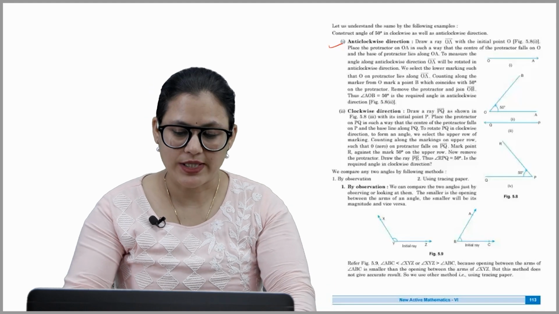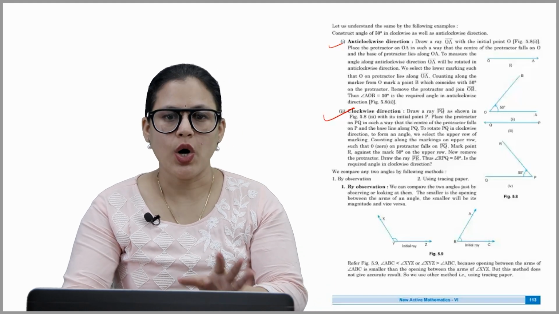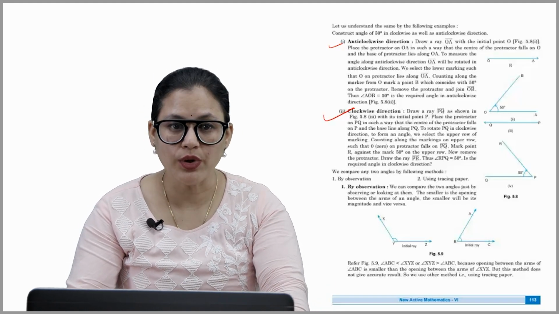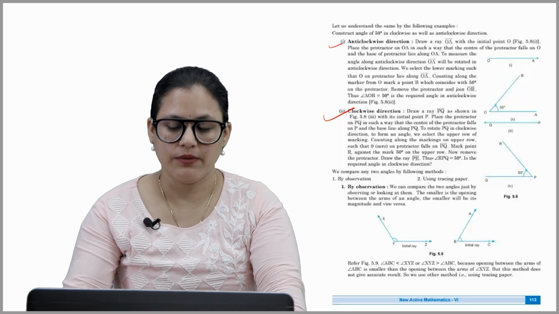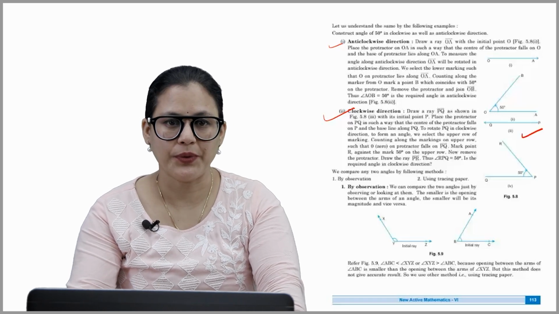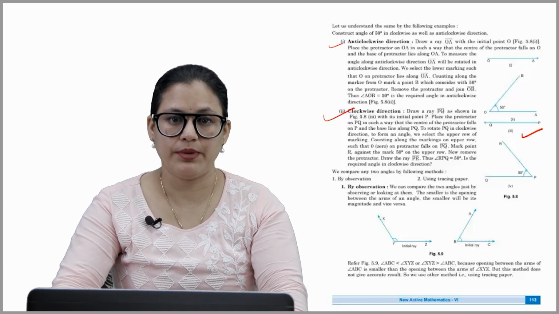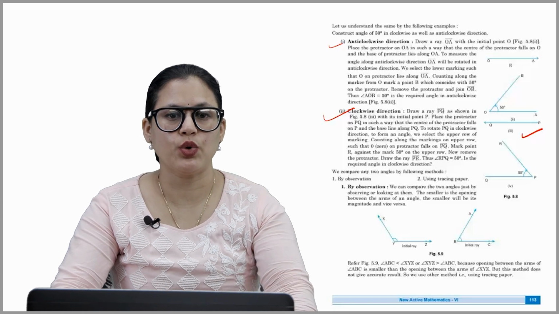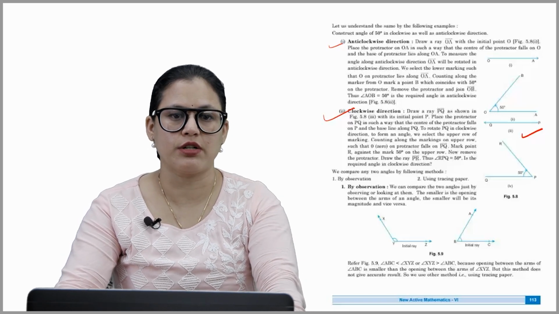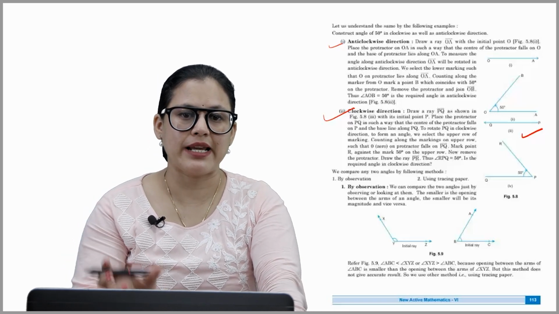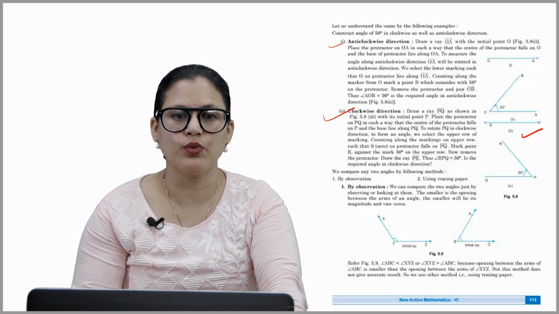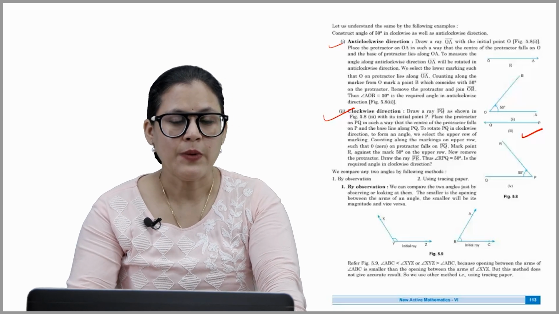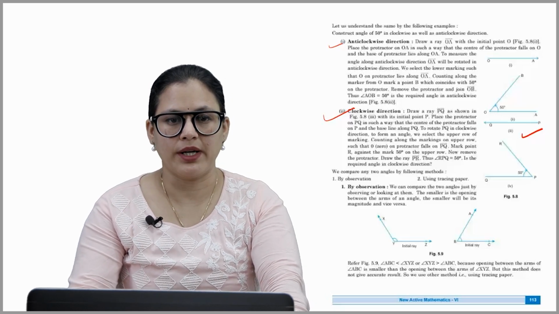Number 2 is clockwise direction. Draw a ray PQ as shown in figure 5.A, third part, with its initial point P. Place the protractor on PQ in such a way that the center of the protractor falls on P and the baseline along PQ. To rotate PQ in clockwise direction to form an angle, we select the upper row of markings,